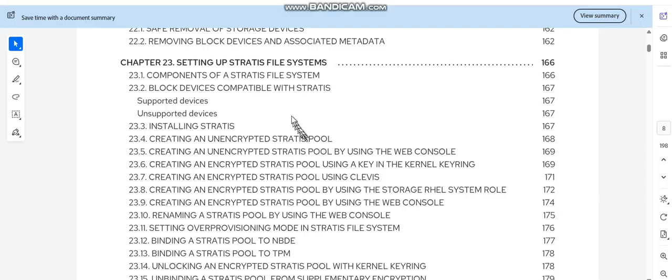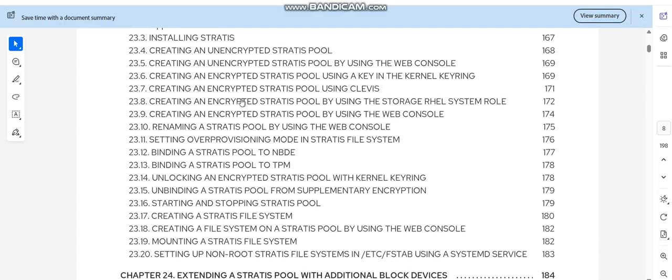file systems, components of a Stratis file system, block devices compatible with Stratis, supported devices, unsupported devices, installing Stratis, creating an unencrypted Stratis pool, creating an unencrypted Stratis pool by using the web console, creating an encrypted Stratis pool using a key in the kernel key ring, creating an encrypted Stratis pool using Clevis, creating an encrypted Stratis pool by using the storage RHEL system role,